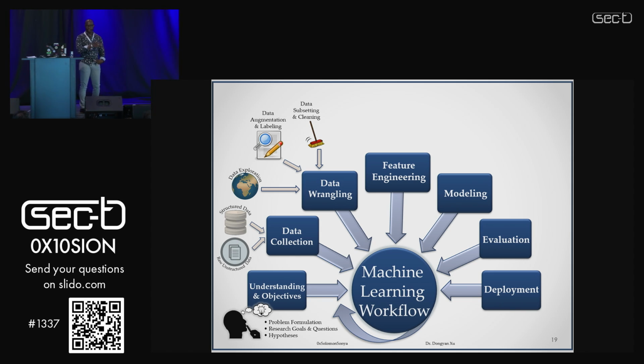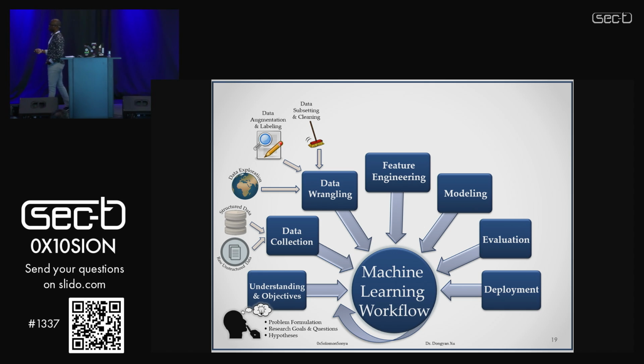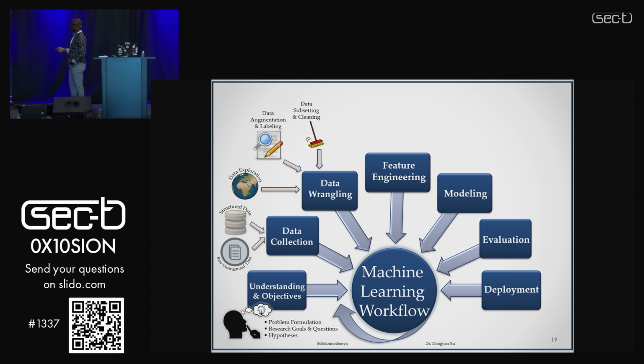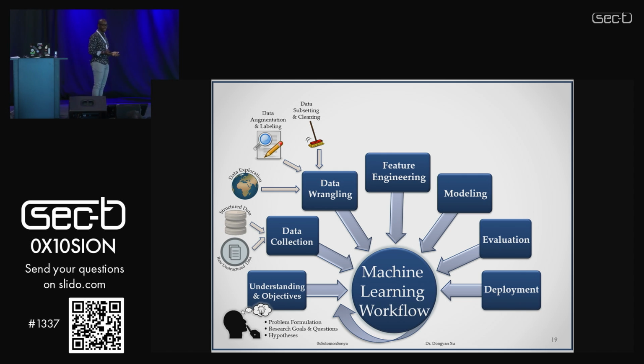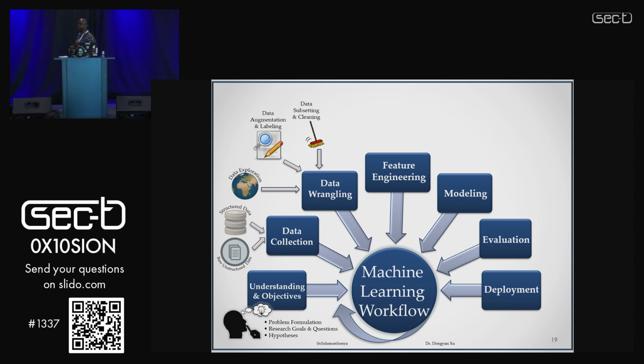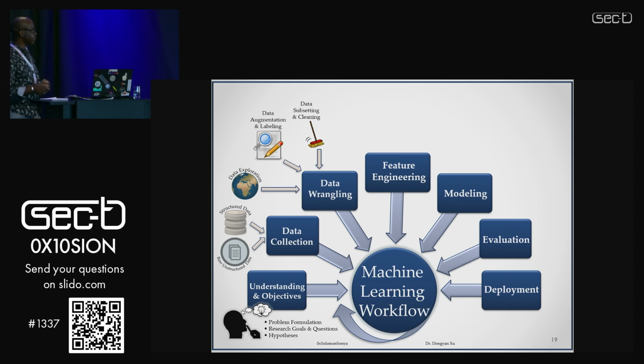Then we move towards our data wrangling. Other literature will refer to this as data pre-processing, and that's where we have some data that we've procured, and then we do some exploratory analysis. We may refer to this as EDA, exploratory data analysis. Now we're trying to figure out what are some general trends in the data. If we know the trends in the data, we might be able to already start to identify what specific features we might want to feed into our models.